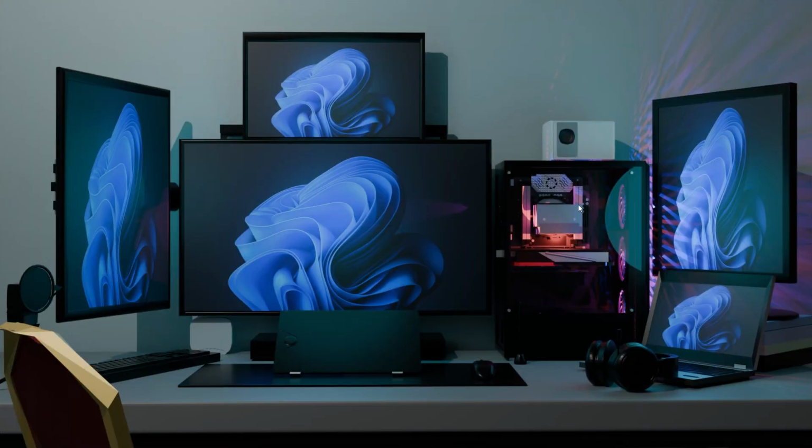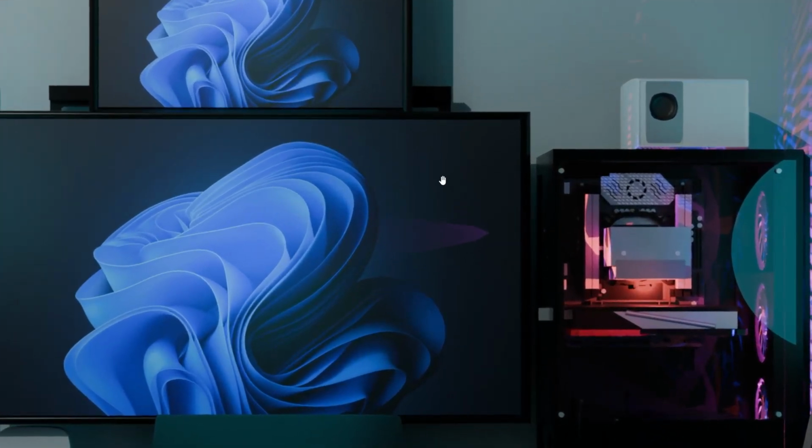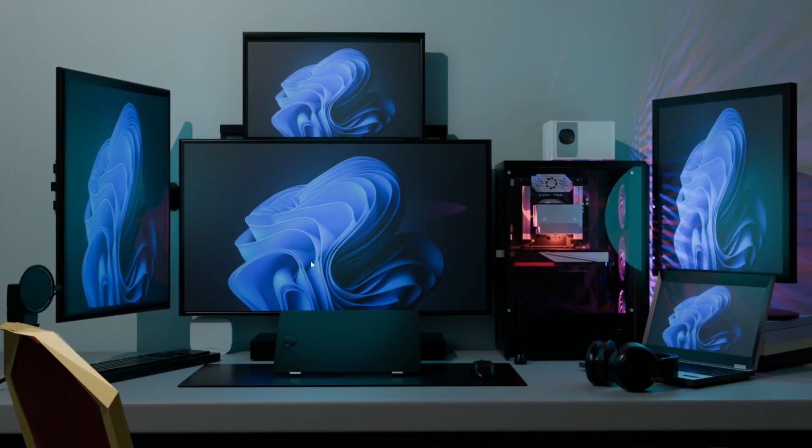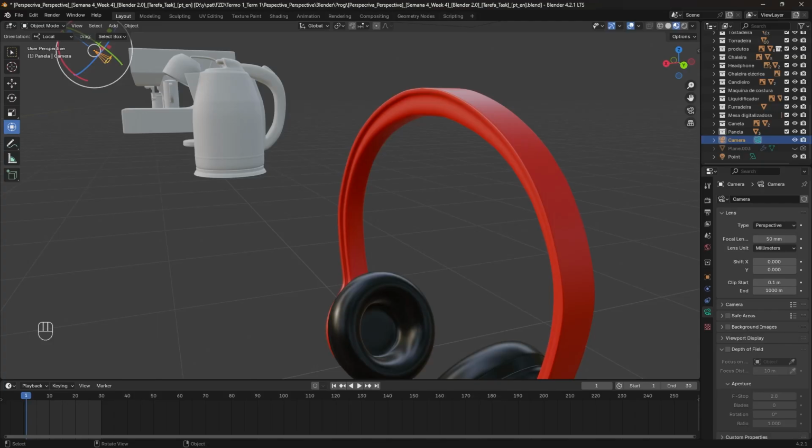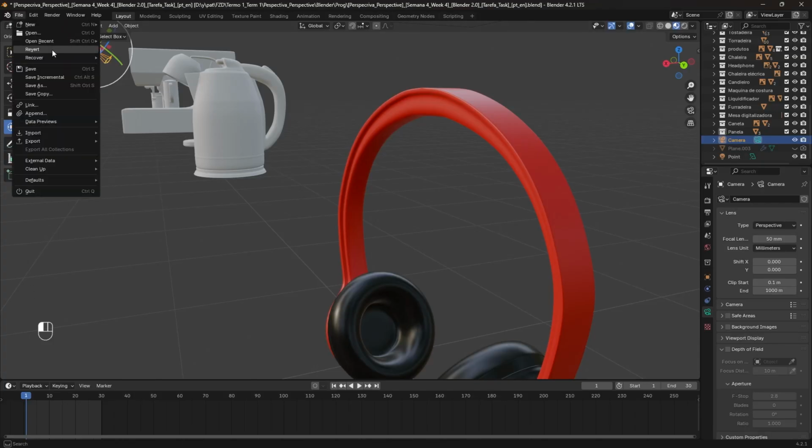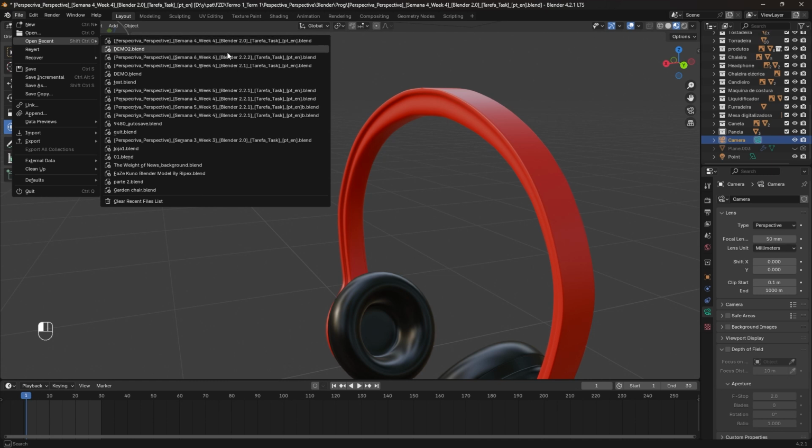Yeah, seeing this after spending all the time to make it possible is rewarding. Let me show you this file. So let's open what is project